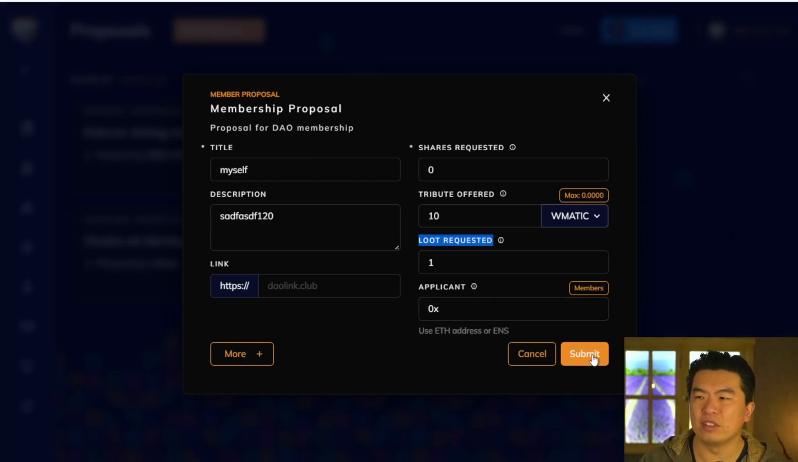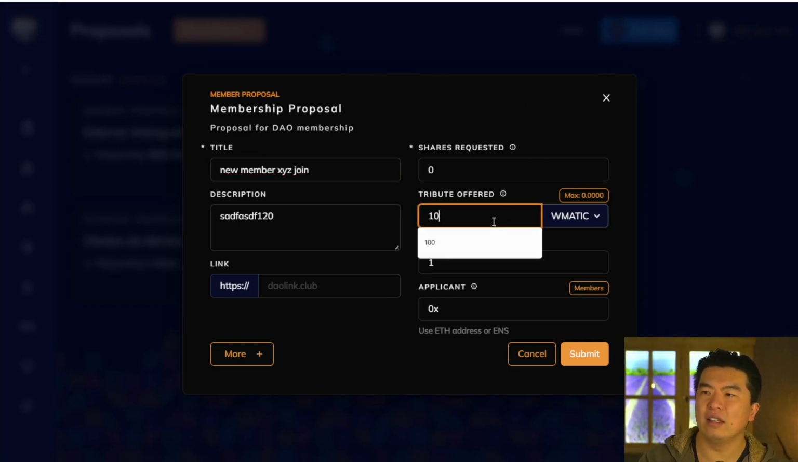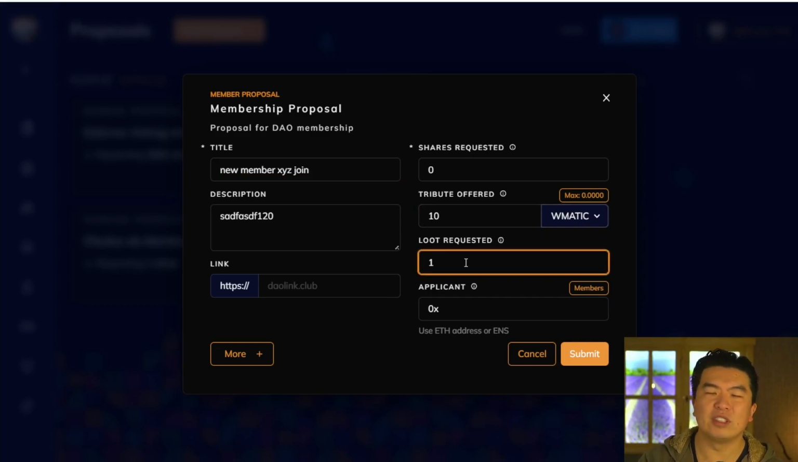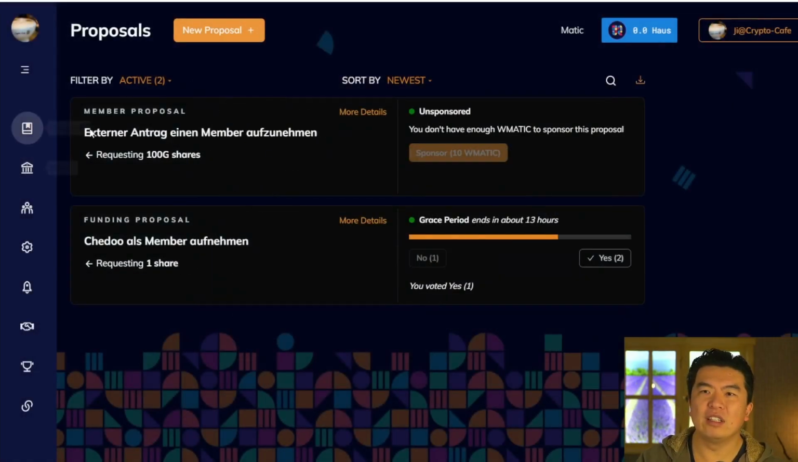So if I submit this, the title is new member join, right? And then he has to put in 10 Rapmatic in this case, and would receive 1 loot. It's the same value as 1 share, and after the vote goes through, he will get that. Now, if you click submit, you will see a proposal in this state, and then you will see on